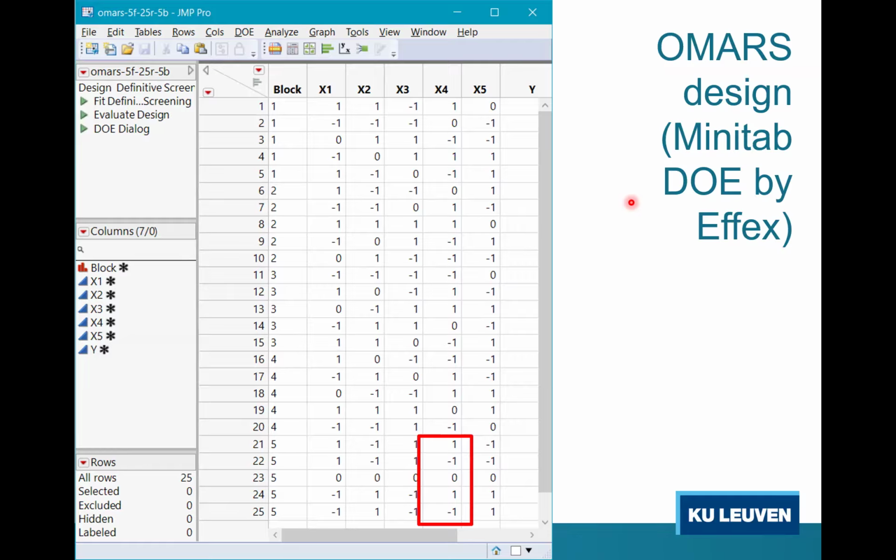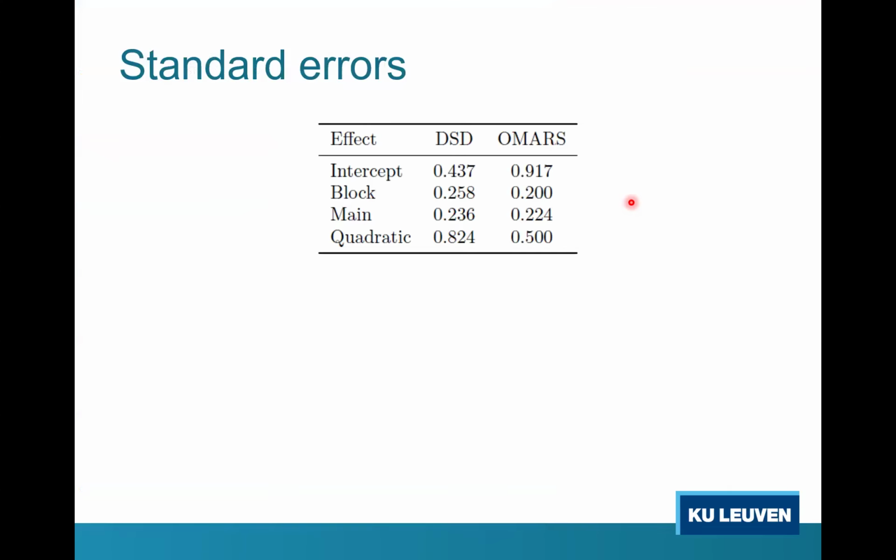Well, it turns out that this linear programming technique that tries to achieve that works very well, because if we compare our blocked OMARS designs to blocked definitive screening designs, the OMARS designs are almost always very clear